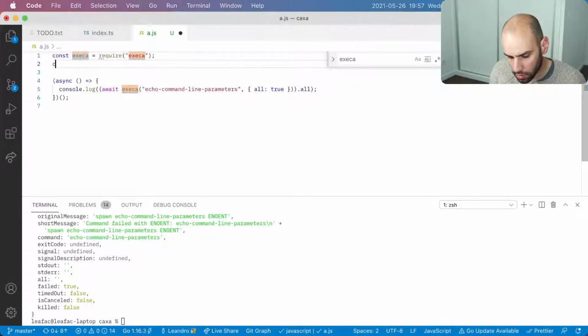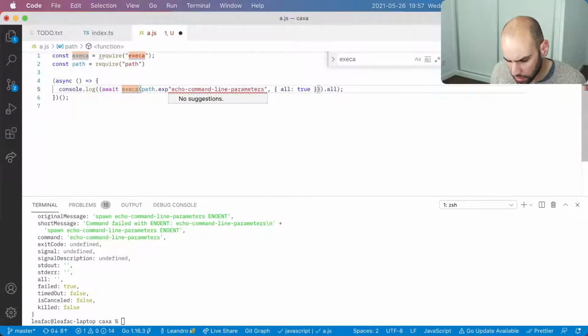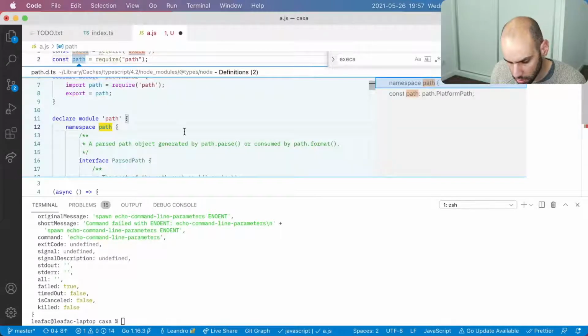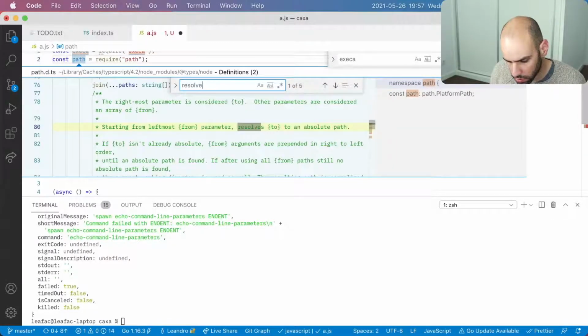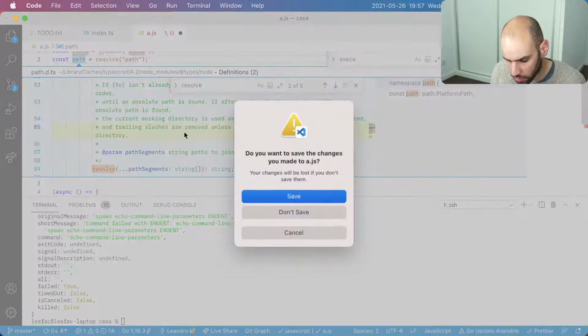Okay, so I'll const path equals require path, and then here I will path expand. Is that how it's called? Or resolve? Oh, come on, give me some auto-completion here. Resolve. Yeah, it's called resolve.